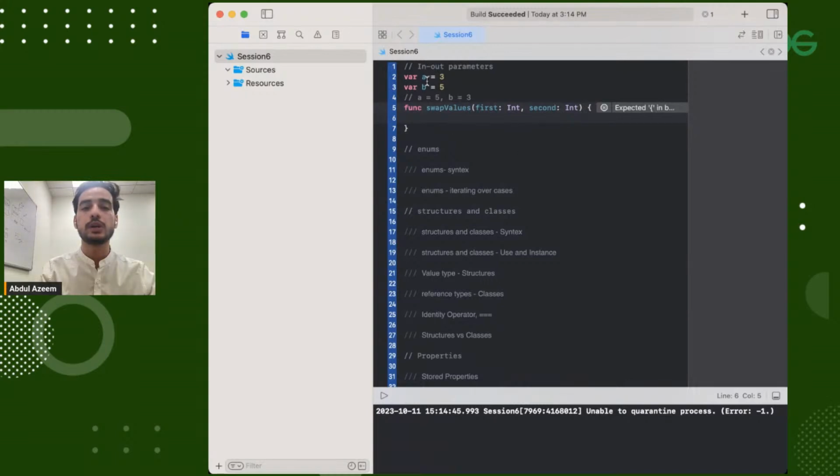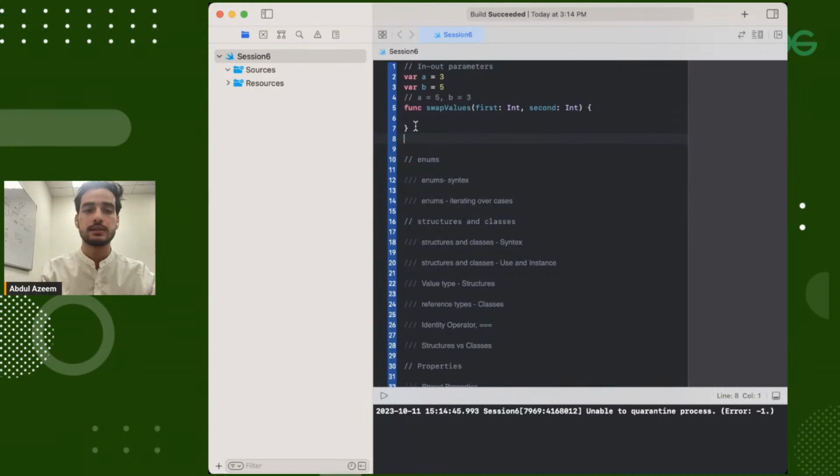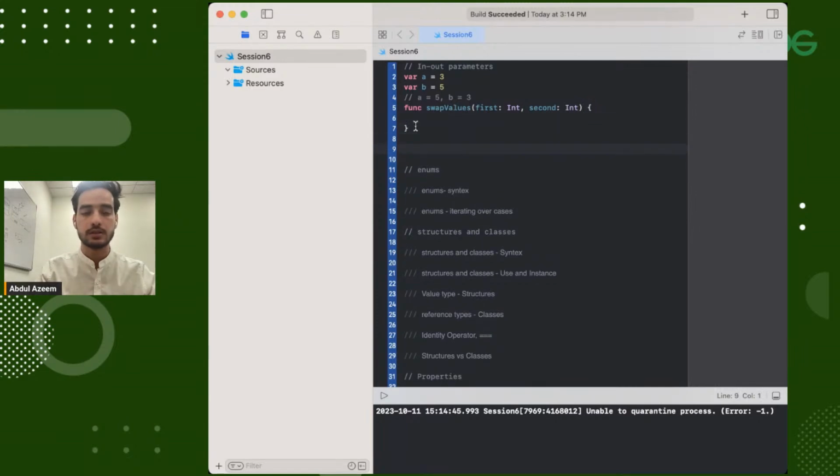What I want to do is pass these a and b to this function. Let's say swapValues